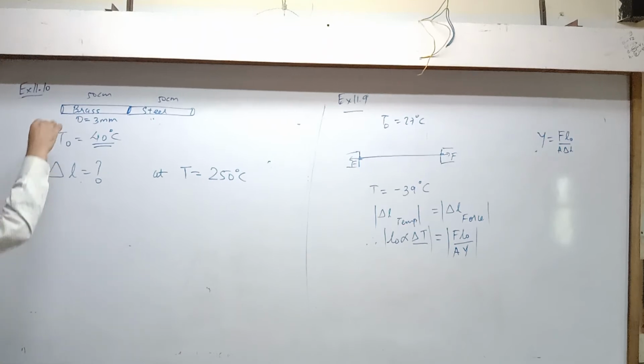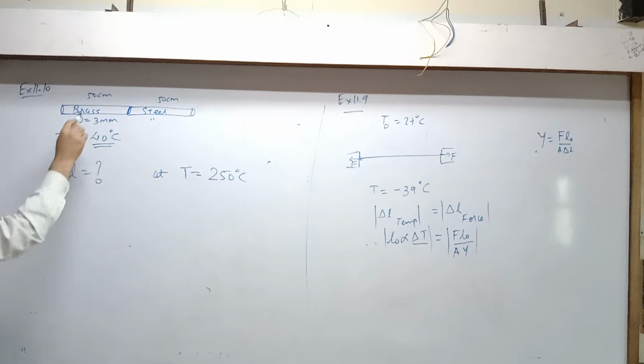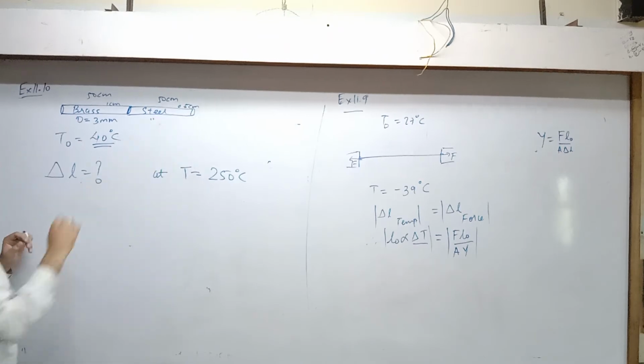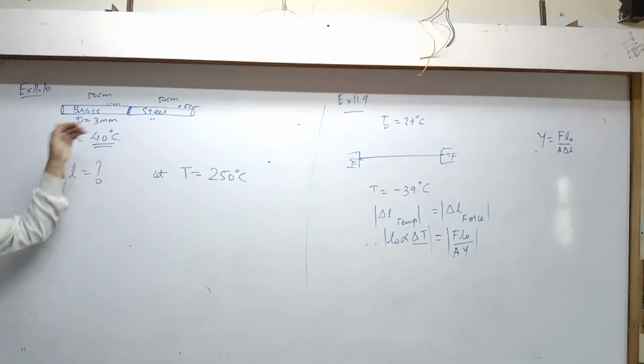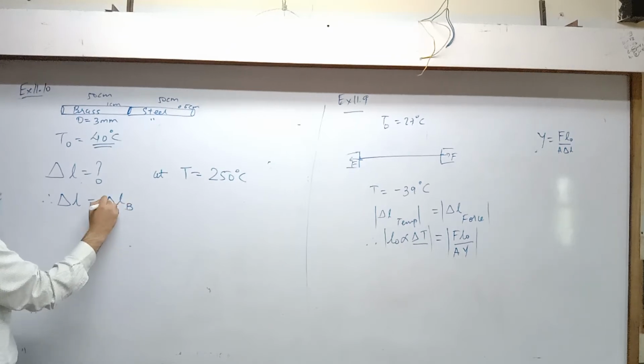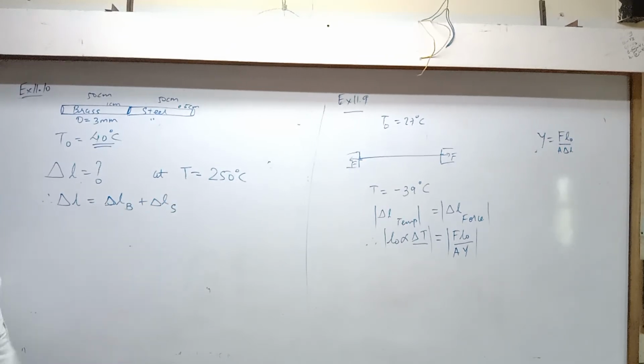Now think about it. Let's say we heat this and it becomes longer, and the steel rod also becomes longer. Both become longer. Suppose this becomes longer by 1 centimeter, and this becomes longer by half a centimeter. Then the total change in length will be 1.5. Clear? Because they are connected, it should be clear that delta L should be equal to delta L of brass plus delta L of steel. Understood? So this is like solving two different questions and just adding them. Length I will say, diameter I will say, alpha I will say. All you have to do is use the values. Correct?